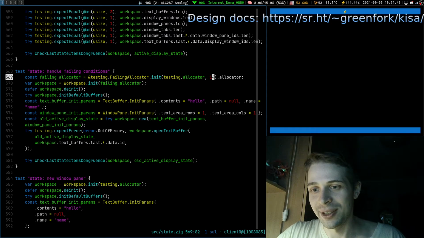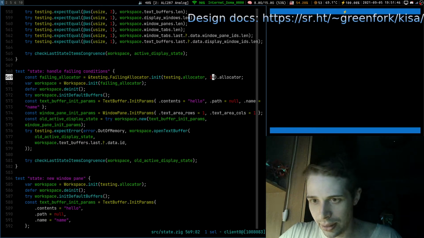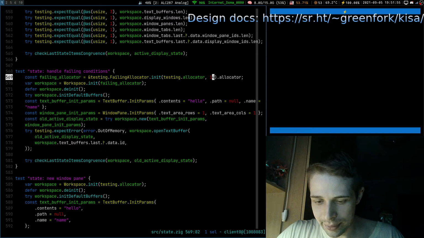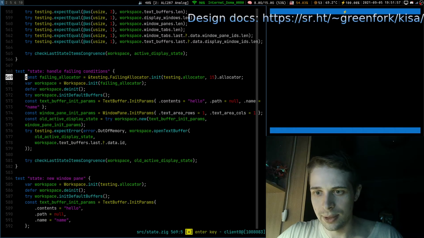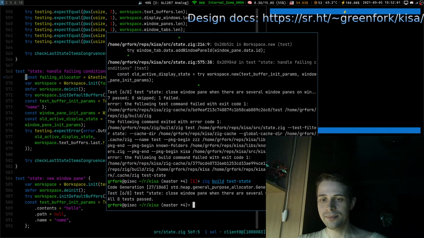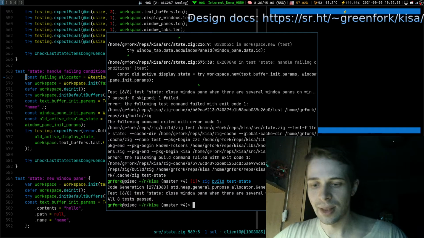Here is our number of allocations, and 14 is the number we are going to fail. So I assume that we have just added one more allocation when we append to the list. So one more allocation, we should be fine with 15. Let's try it. Yeah, we are fine.